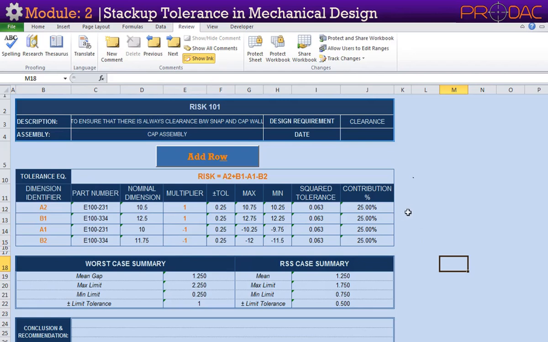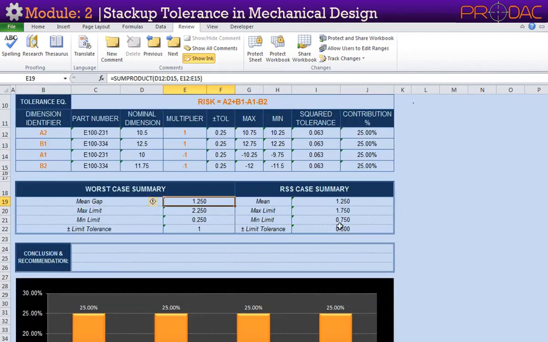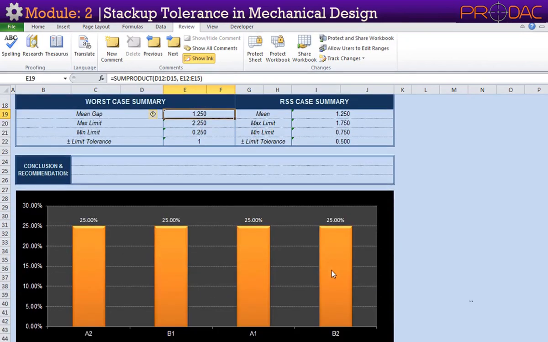Once all the values are selected, result can be seen in summary column for both worst case and RSS case. Also, percentage contribution of each dimensional tolerance can be seen in below chart.